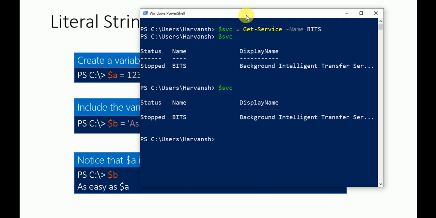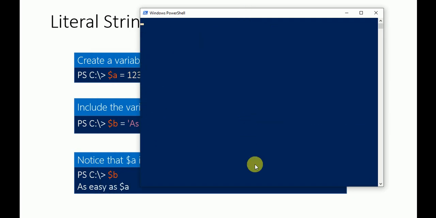Let me make a scenario for you. CLS, let's define $A equal to a value, I can say 100, and $B I define like, the value of A, I can say, and what is the value here is $A.